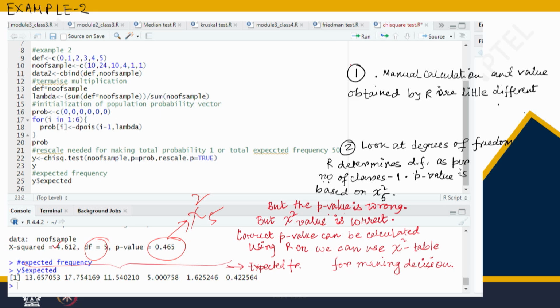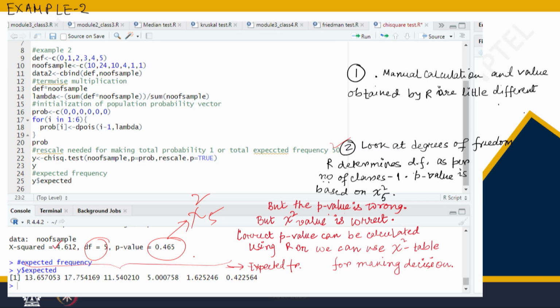These two points, I have already mentioned: manual calculation and the value obtained by R are a little different. And look at the degrees of freedom. The degrees of freedom fiasco has to be handled by yourself. Okay. So the chi-square value is correct, but the p-value is not correct. So either you can go to the chi-square table for making the decision, or you can use